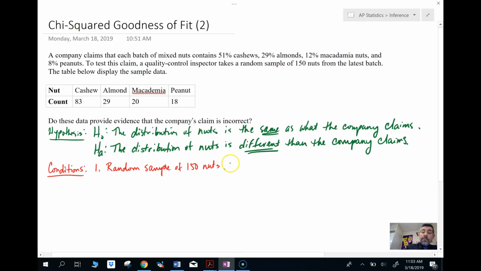The second is that we have data in counts and independent groups. We're not going to have cashews in the almond group, right? They're all different groups. And then the other one that's really important here is that our expected values